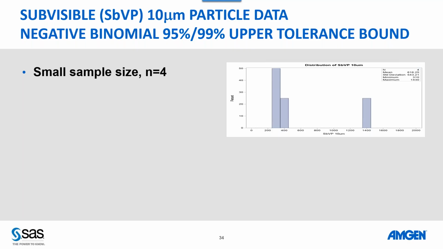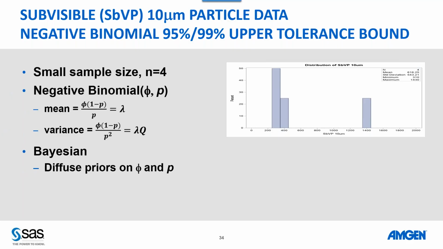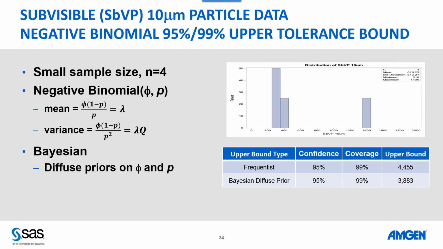So what can we do with this data? We're going to use, again, that parameterization, and we're going to use diffuse priors on phi and p. And we are going to compute the tolerance bounds using the posterior distribution of the quantiles. There is a frequentist approach for getting a tolerance bound for the negative binomial. That's something that I developed many years ago and that we use internally. And if you use that, you get a number that is